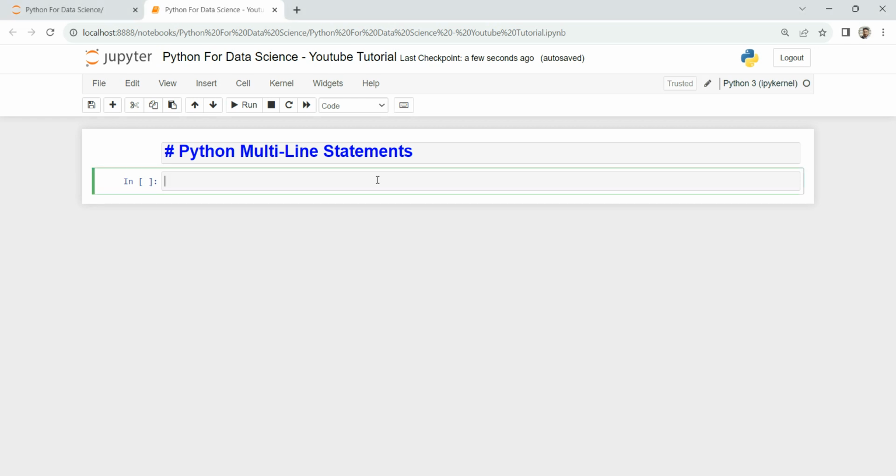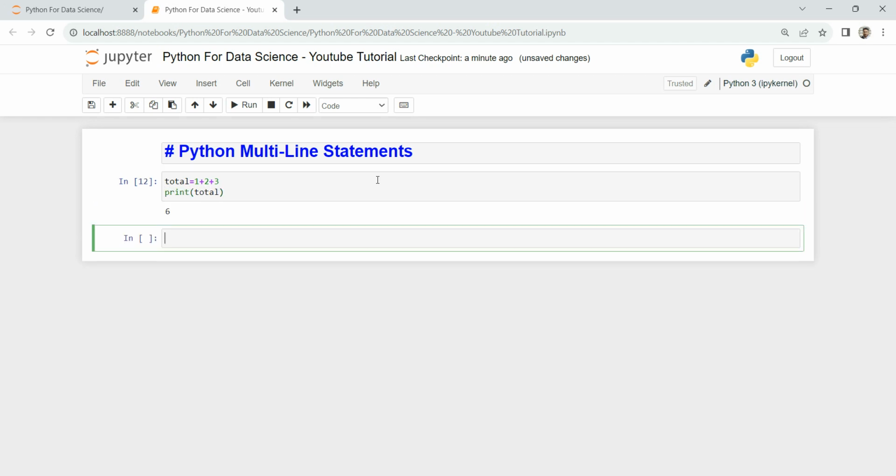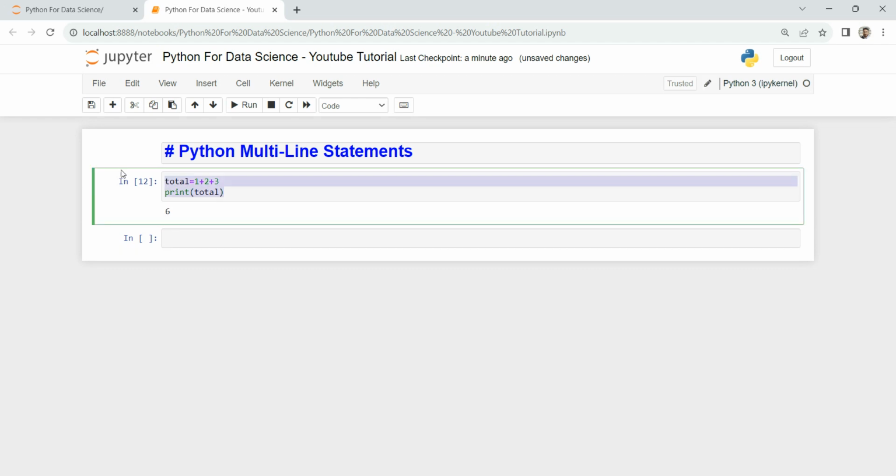Suppose I have a variable total, and in this variable I want to store 1 plus 2 plus 3. Now I just want to print this total. If I run this code, you will see that the value 6 is printed out, and this is correct, right? This seems simple, but now think of a scenario where you have multiple values which you